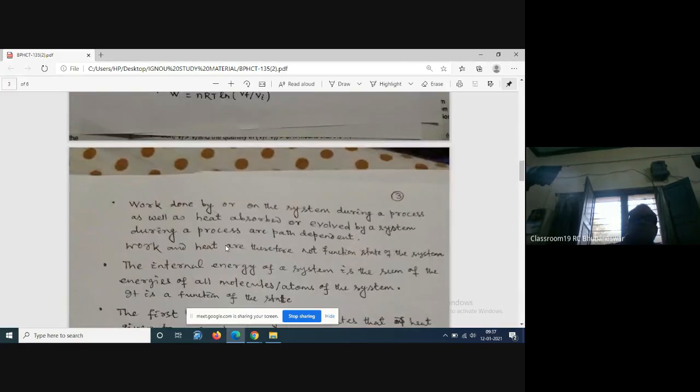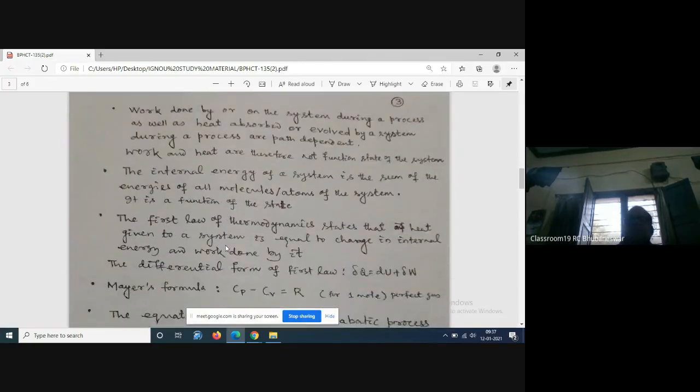Now see, work done by or on the system during a process as well as heat absorbed or evolved by a system during a process are path dependent. Path dependent. I have already told you the process is described by a path in a PV diagram or indicator